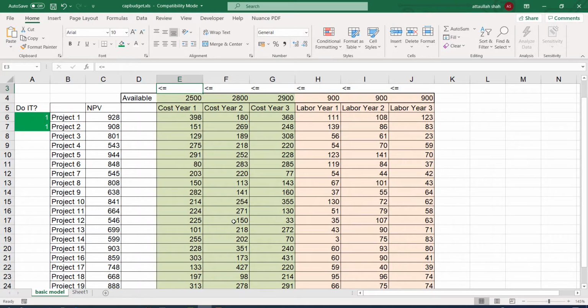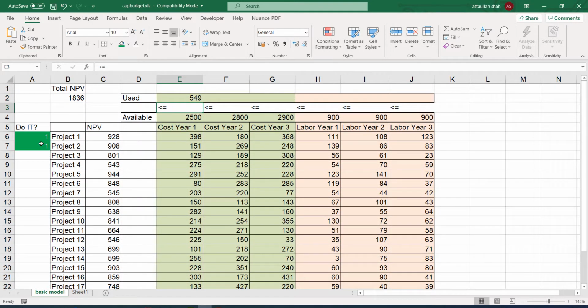cost. So you see that if I have selected one project, its NPV is 928, and the cost so far that we have used is 398, because project 1 has a cost of 398 in the first year.